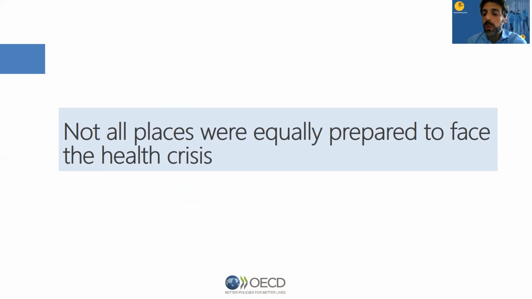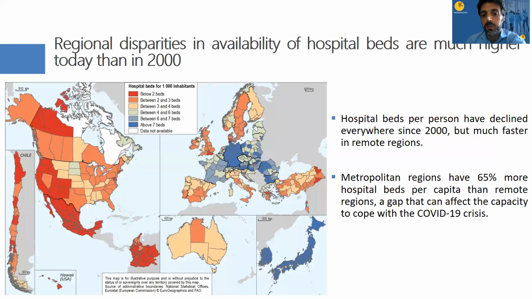We wanted to explain the variation of this excess mortality by looking at specific features of regions from different points of view before the start of the pandemic. So when we say preparedness, we can consider different aspects. First of all, the availability of hospital beds, the health system capacity, one first very simple indicator of health system capacity. We see, for example, from a descriptive point of view that,